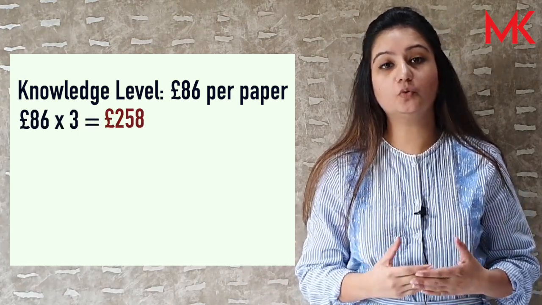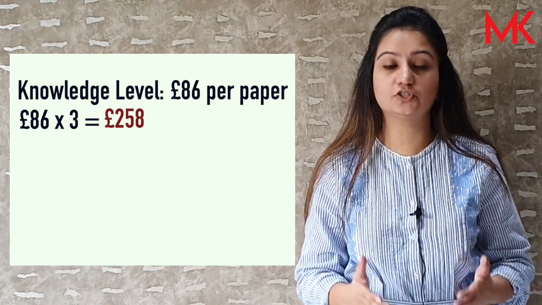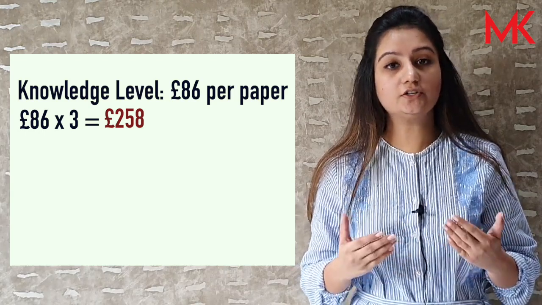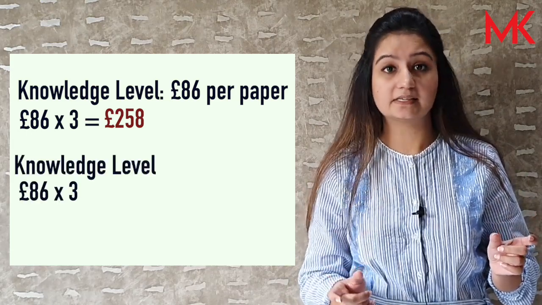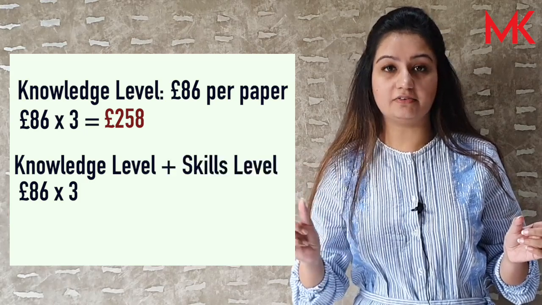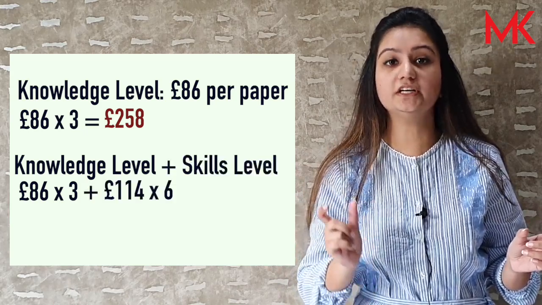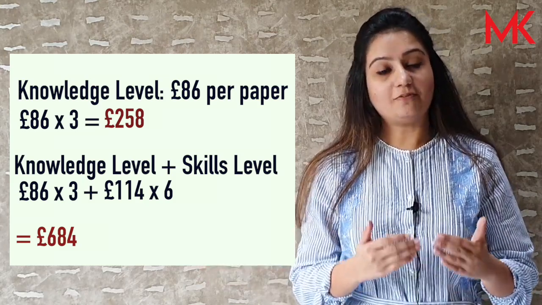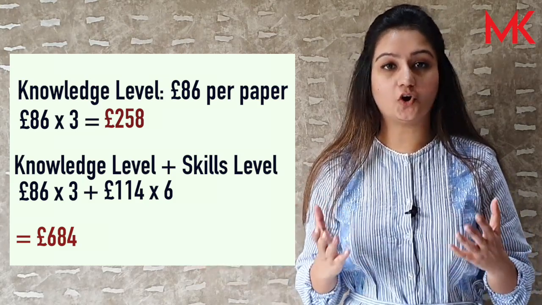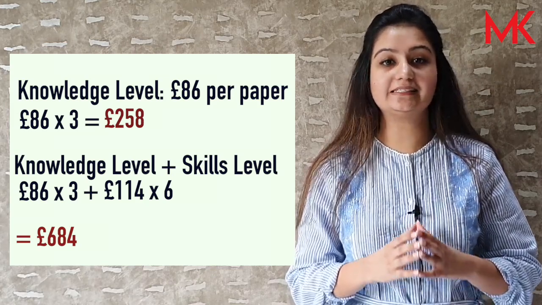And for those of you who are coming after CA degree or who are eligible for 9 exemptions, you need to pay an amount for the knowledge level, which is 86 into 3, plus an amount for the skills level exemption, which is 114 into 6, which is 684 pounds. Now, after paying all these fees and clearing all your exams, you will get the status of an